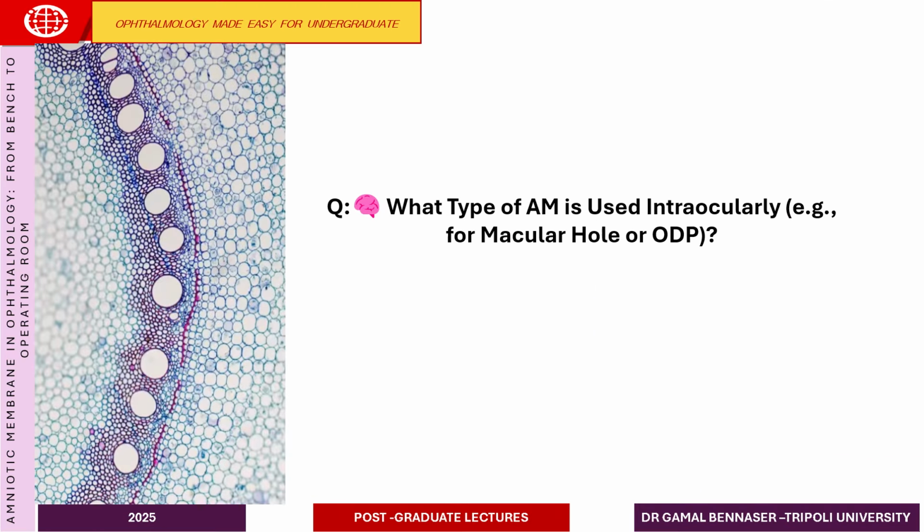Now, an important question emerges after we knew the applications of the amniotic membrane. One of the recent applications, apart from the external applications to the ocular surface, is the intraocular application of the amniotic membrane, as I said earlier, in macular holes and optic disc pit. Now the question: what type of amniotic membrane is used intraocularly? To answer this question, just follow the lecture and later on I will answer it. This is very important because